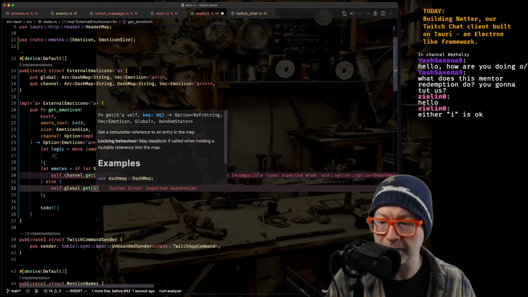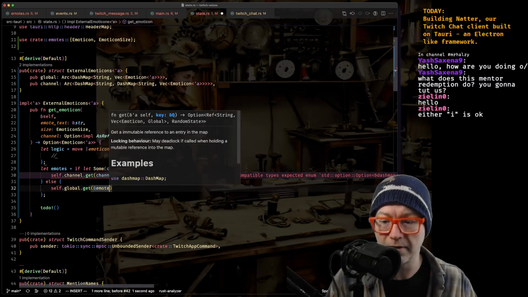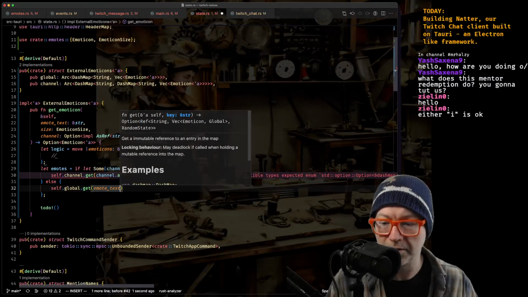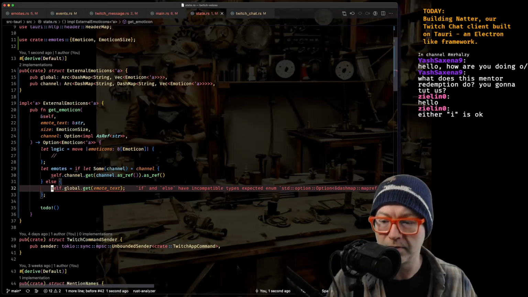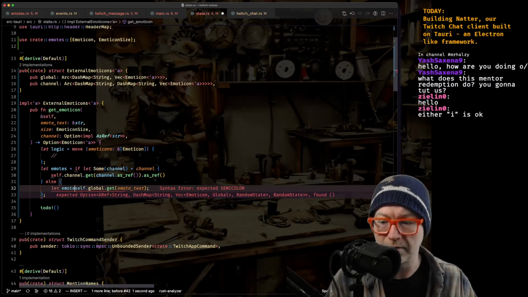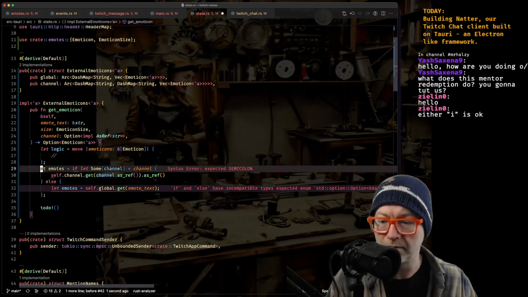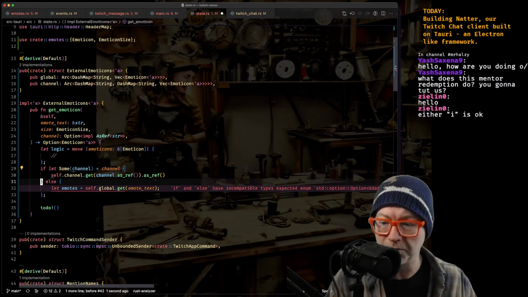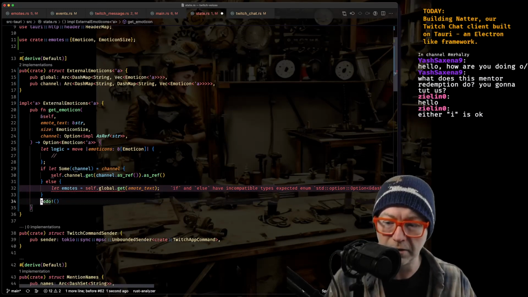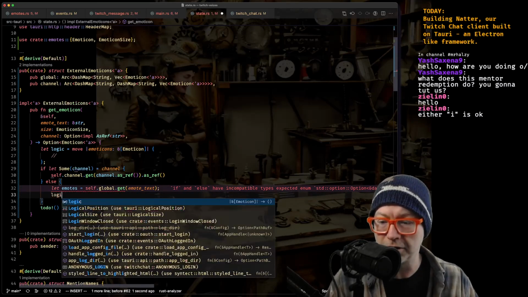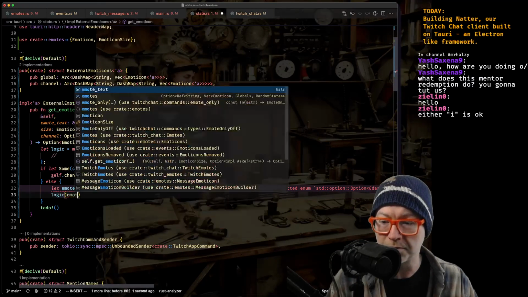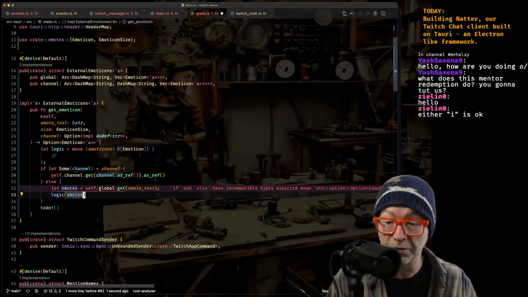And in this case, this will be emote text. Remove that. We can leave the to-do for now. Then we will call logic, pass in emotes, and return that.